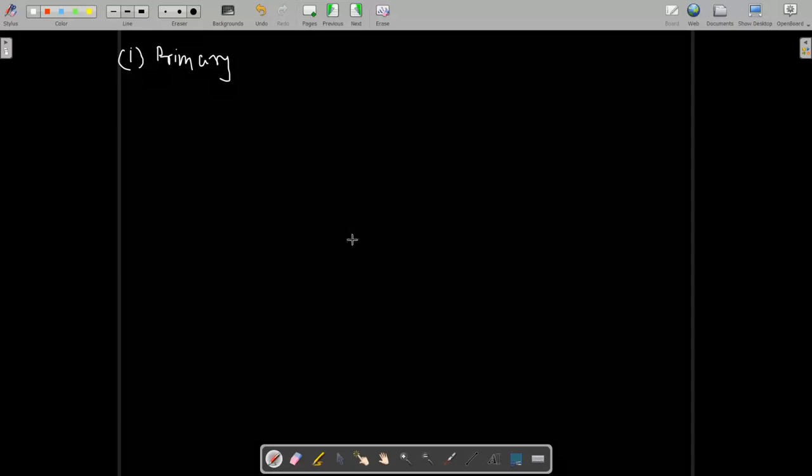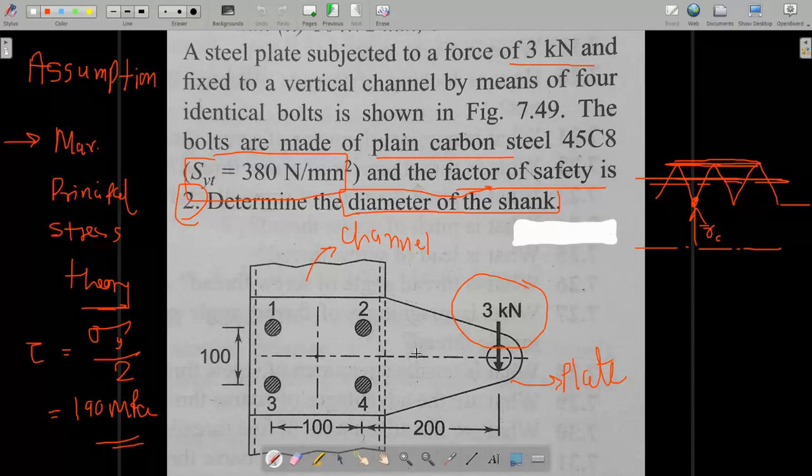So as per our yesterday's discussion, what are the steps? The first step is to find the primary forces, the primary shear force. In some books they directly find stress, but we will find force and then finally divide by area, because the resultant force will act at some angle. We have to divide by the cross-section area to get the stress, and ultimately we also divide by it while calculating the factor of safety, so we will add that at the end. So first we will find the primary forces